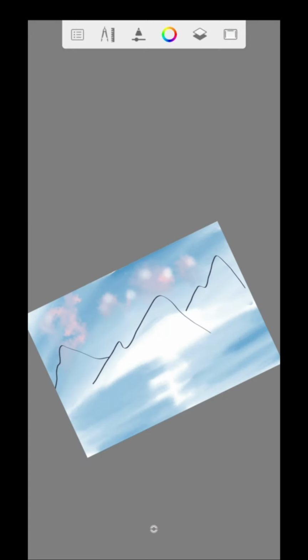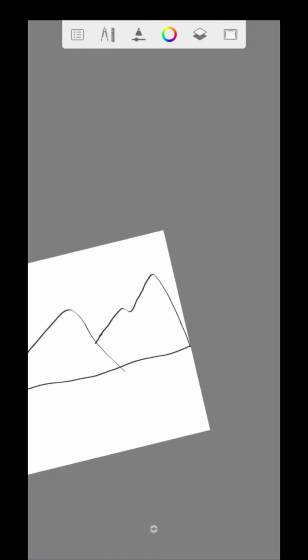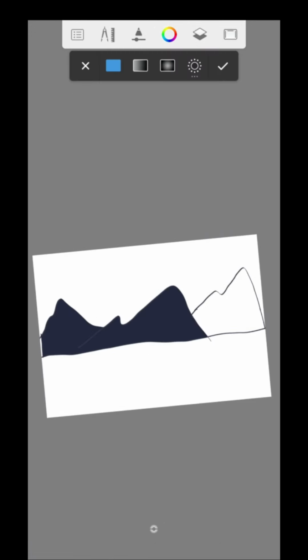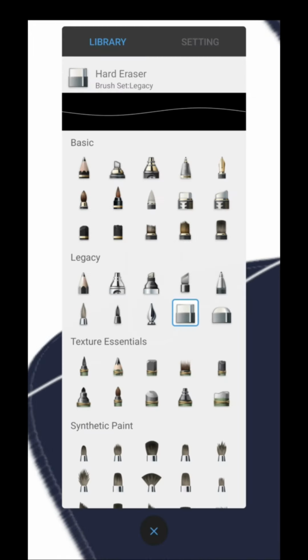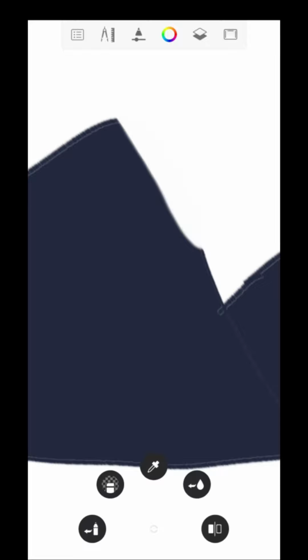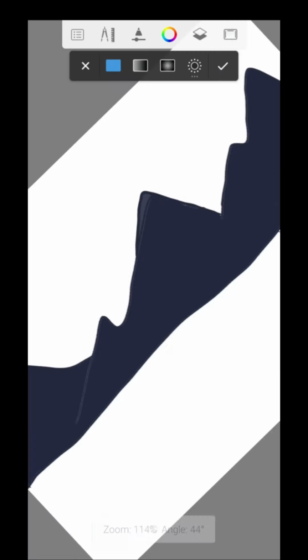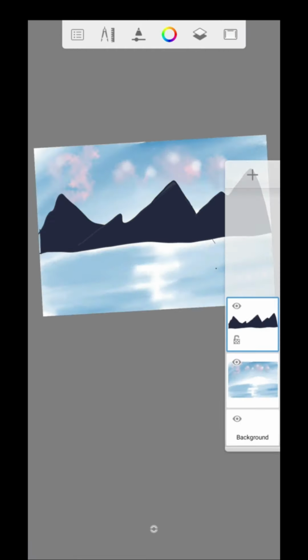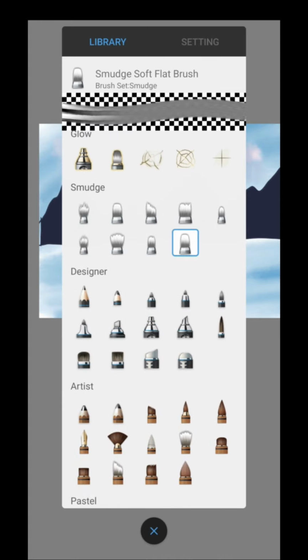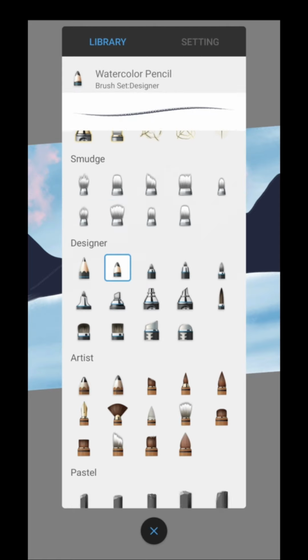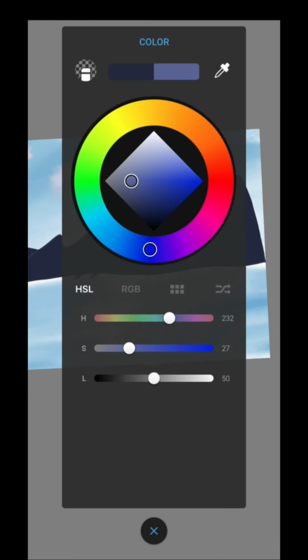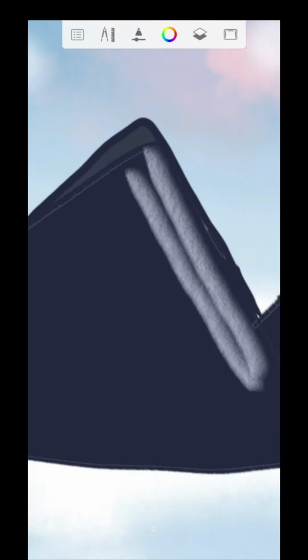Now select another layer, then draw some random shapes that will kind of look like a mountain. Then select the fill tool and fill these mountains with dark colors like dark violet or even close to black. Then select any other brush or pencil tool and draw some random lines in one direction. Make sure light lines are in one direction, and a little bit darker lines are in a different direction. That will be our highlight, and the darker lines will be our shadows.